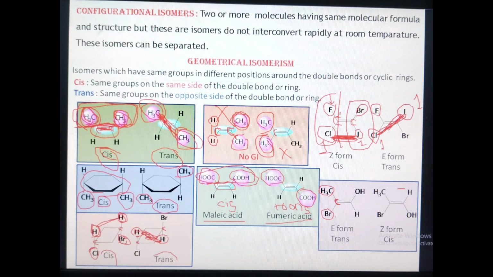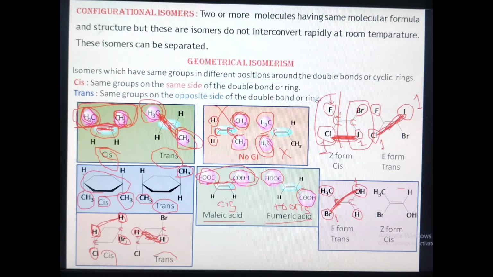So bromine gets the higher priority than the methyl group. And when you consider this carbon atom, OH and hydrogen, OH gets the higher priority because oxygen has a higher atomic number. So here you can see bromine and